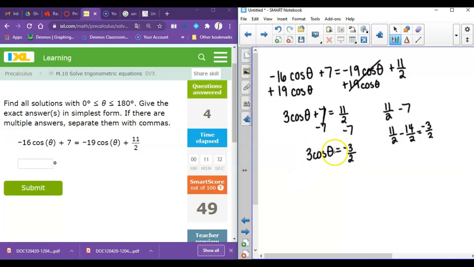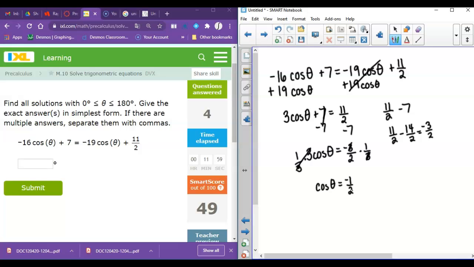And we need to divide both sides by 3. Something that's equivalent to dividing by 3 is multiplying by 1/3. I'm going to do that just because it is easier to do over here on the right-hand side. So 1/3 times 3 is 1. That's just going to go away. So I've got cosine of theta equals, and here those 3's can cancel when you're multiplying, so you get negative